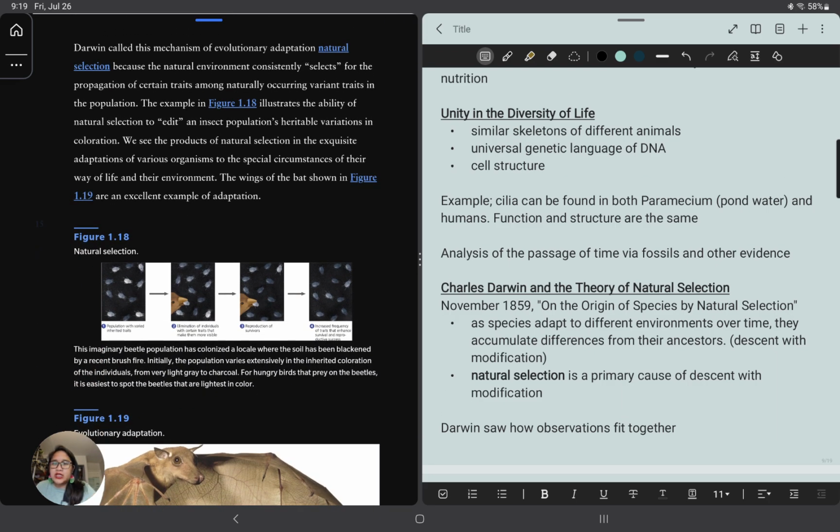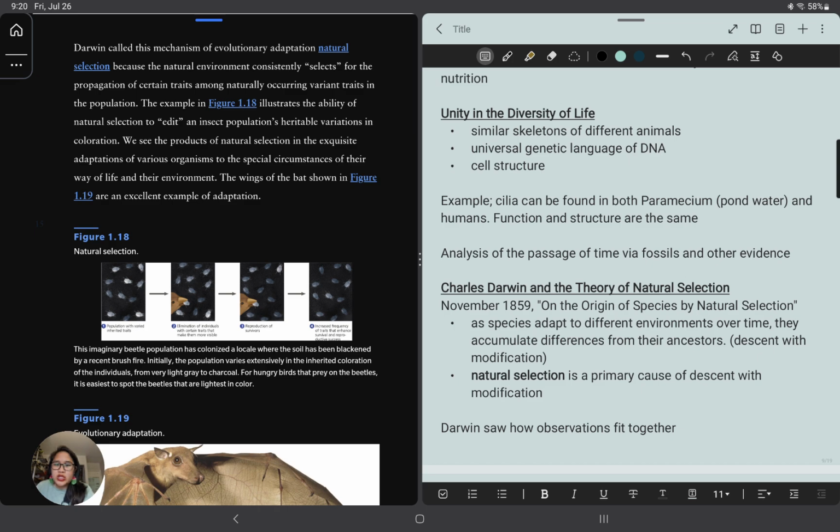Darwin called this mechanism of evolutionary adaptation natural selection because the natural environment consistently selects for the propagation of certain traits among naturally occurring variant traits in the population. The example in Figure 1.18 illustrates the ability of natural selection to edit an insect population's